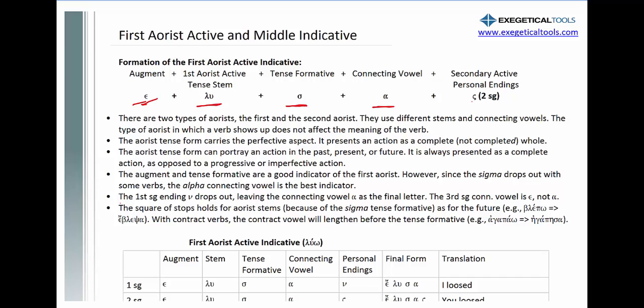However, the aorist tense form is not limited to the past tense. The aorist tense form can portray an action in the present, or the past, or the future. It's always presented as a complete action as opposed to something like progressive or imperfective action. It's always a complete action, but it doesn't necessarily mean it's in the past. There are plenty of examples in the New Testament where the aorist tense expresses something in the present or in the future. So don't assign the aorist tense with a one-to-one correspondence with the past, but generally you're going to